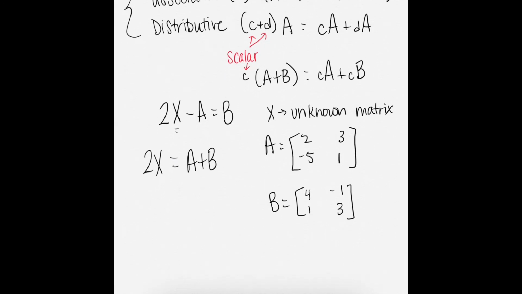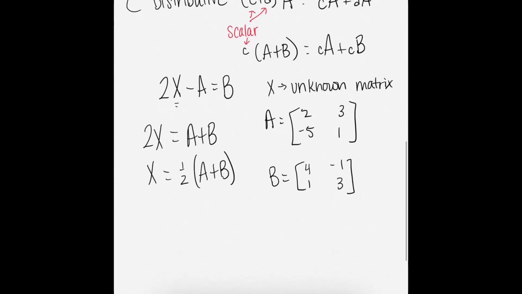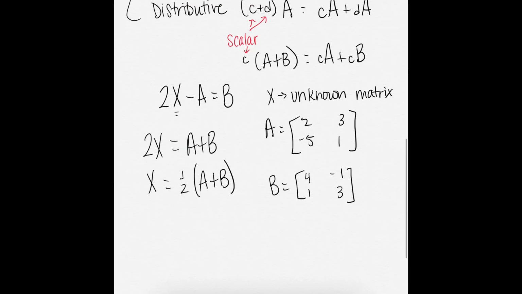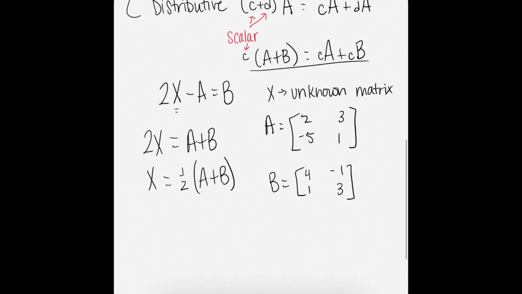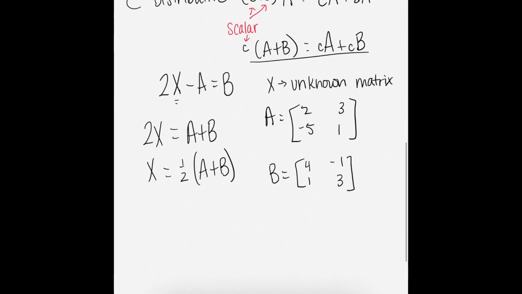I can divide by 2 or multiply by 1/2 because I have distributive. So X would be 1/2 of A plus B. It's the same as dividing by 2. I could distribute if I want, or I could add either one based on the property here. If I add A and B first and then multiply by 1/2,